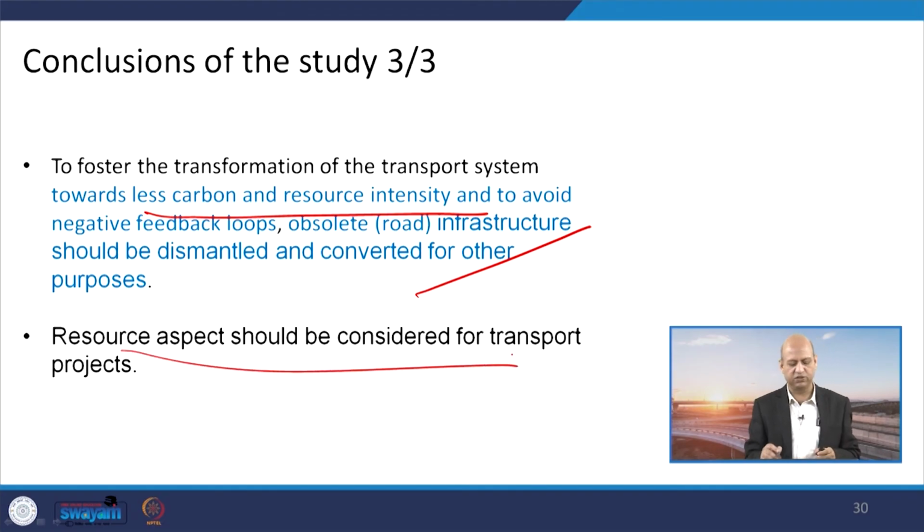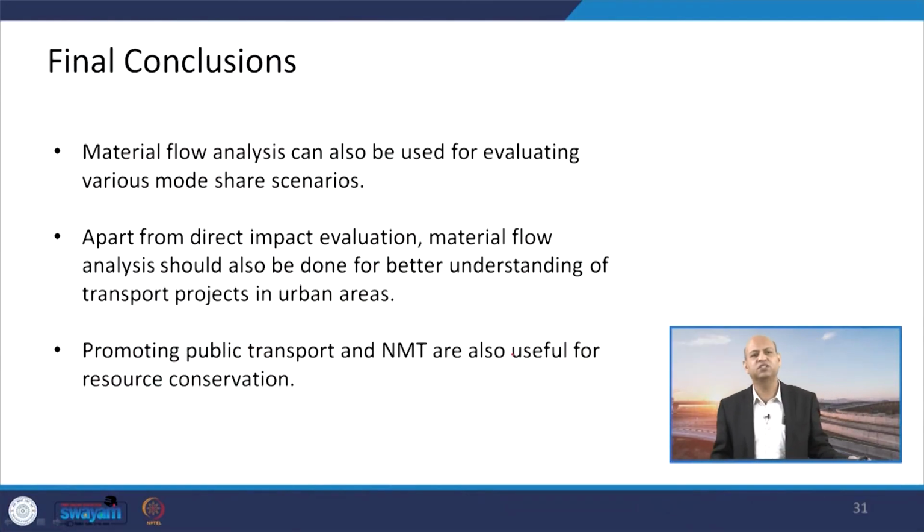And this resource aspect is to be considered for transport projects, not only the energy and emissions, because this study gives us insight that material consumption and resource consumption are equally important, and we should consider them, and this MFA can give us better insight. So, finally we can say that by using this MFA, or material flow analysis, we can evaluate various modes of transportation and their share as per different scenarios. The direct impact evaluation may be there, but the indirect impact is also there in terms of material flow in stocks, because when some mode is being discarded, like the private fleet, and we are shifting towards public transportation or battery-driven vehicles, and no fossil fuel related infrastructure is required, then a lot of benefits can be seen